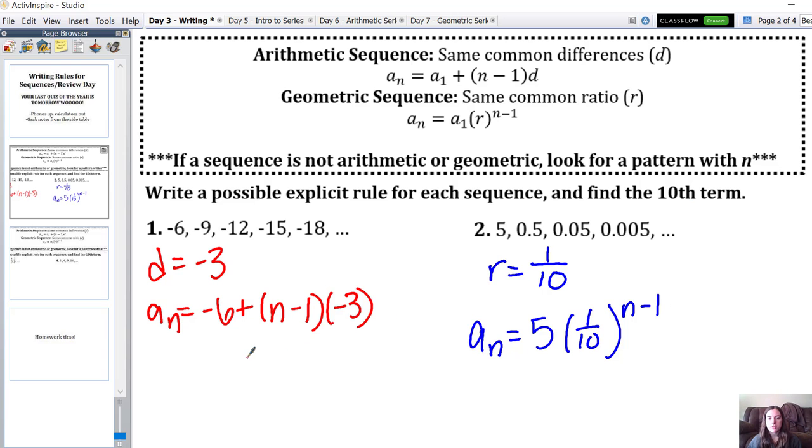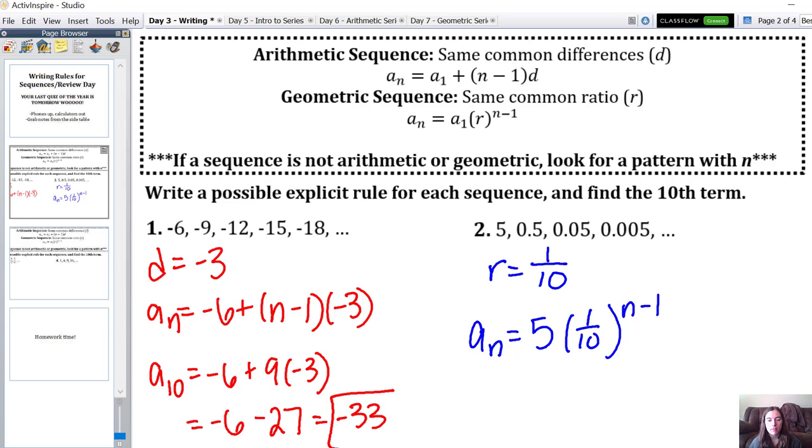Now let's find the 10th term for each one. So for the 10th term, that means n is equal to 10. I need a sub 10. That's equal to -6 plus 10 minus 1 is 9 times -3, which leaves us with -6 minus 27, which is -33. For the second one, for a sub 10, I have 5 times 1 over 10 to the power